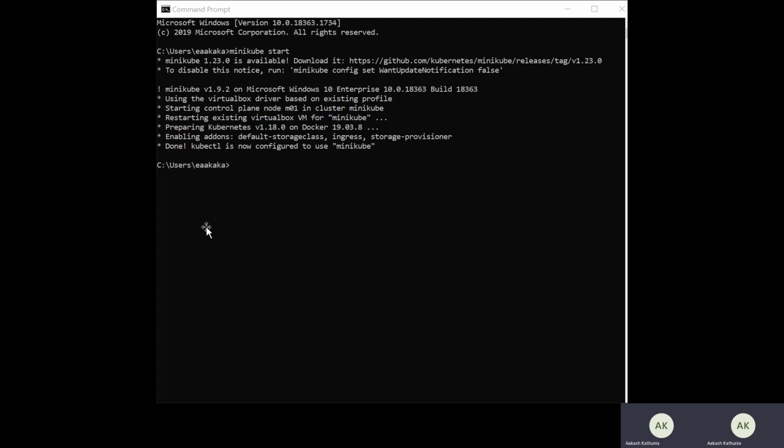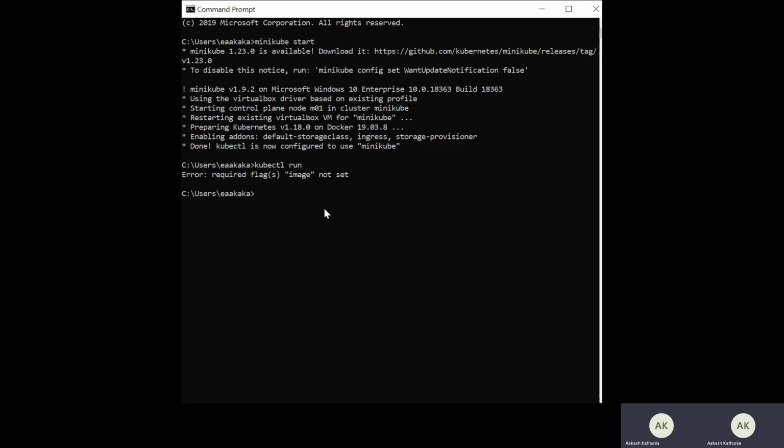Now, moving forward, how we can use minikube for creating the Kubernetes pods. In order to do that, you can use the utility kubectl, kubectl run. If you do the run, it will throw an error saying that the image is not set. So in order to do the same,